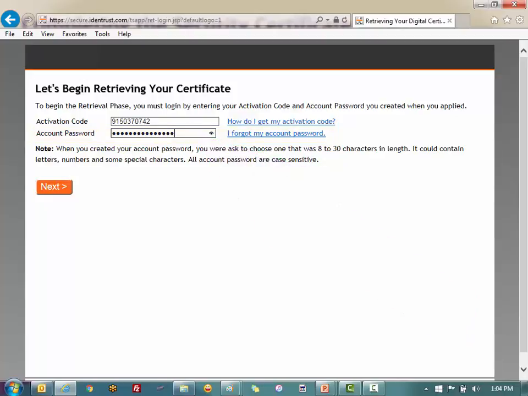Now, as we previously discussed, since this is a password, if you forget it, there is a link here that will go through your security questions so that you can reset it. That was not the case, however, with the token passcode. Once you've reset your password or entered it correctly, if you had remembered it, simply click the Next button to